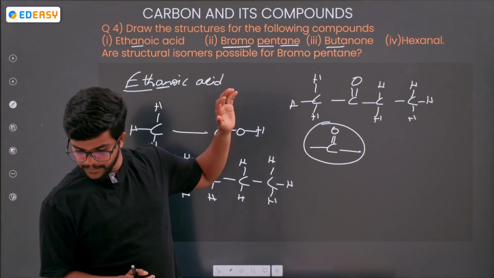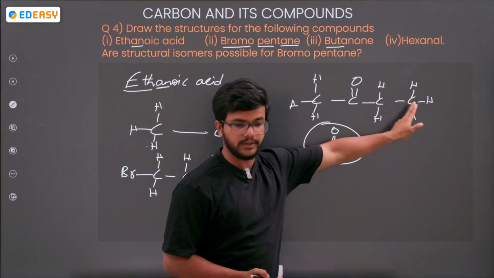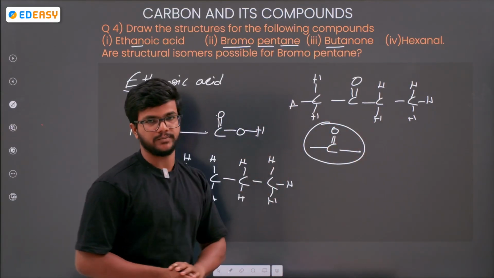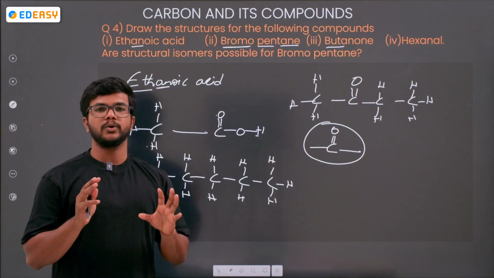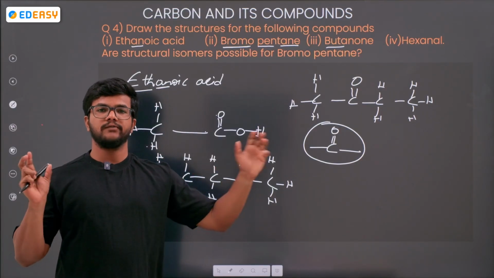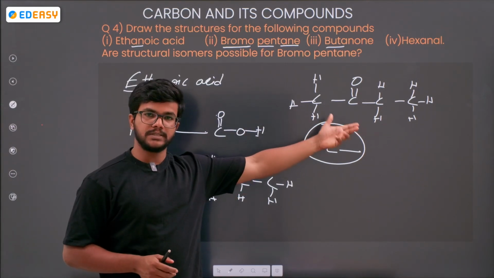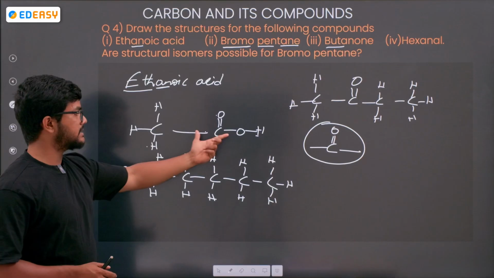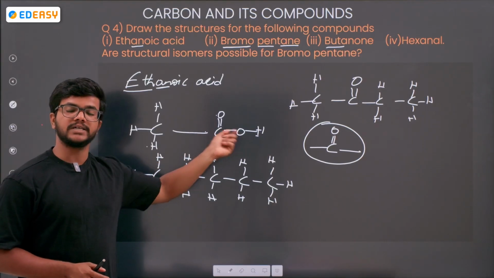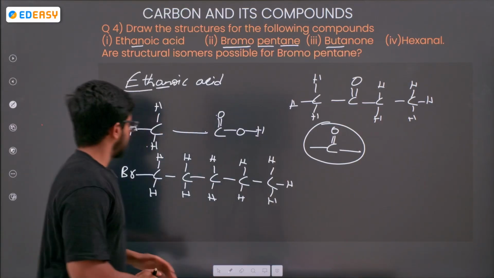So can we keep the ketone in the third position? Yes, you can keep it in the third position, but not in the fourth position or the first position, because ketone is a middle functional group. It can be in the middle, but not in the first and last position. They are called in-between functional groups, middle chain functional groups, and these others are terminal functional groups. It can be in the first position and the last position. Okay. So this is butanone. Next is